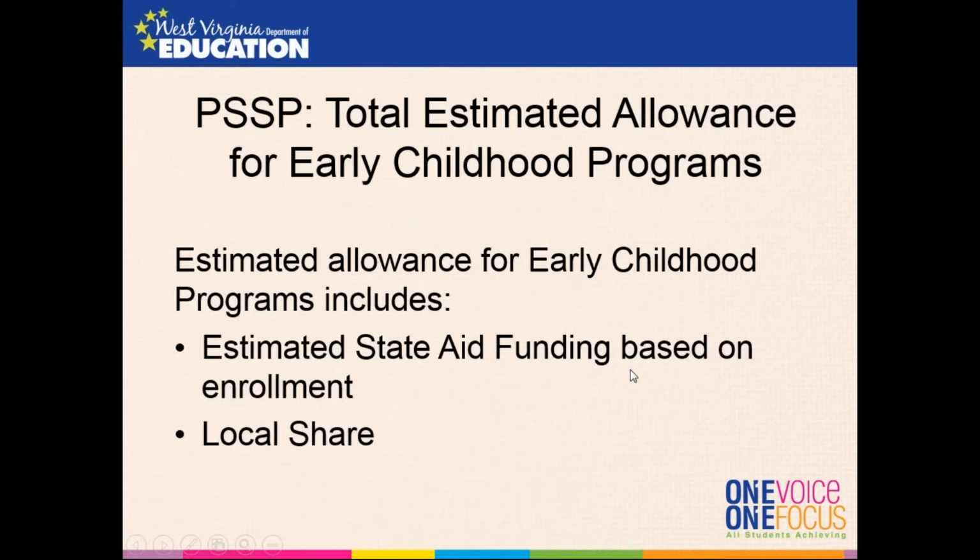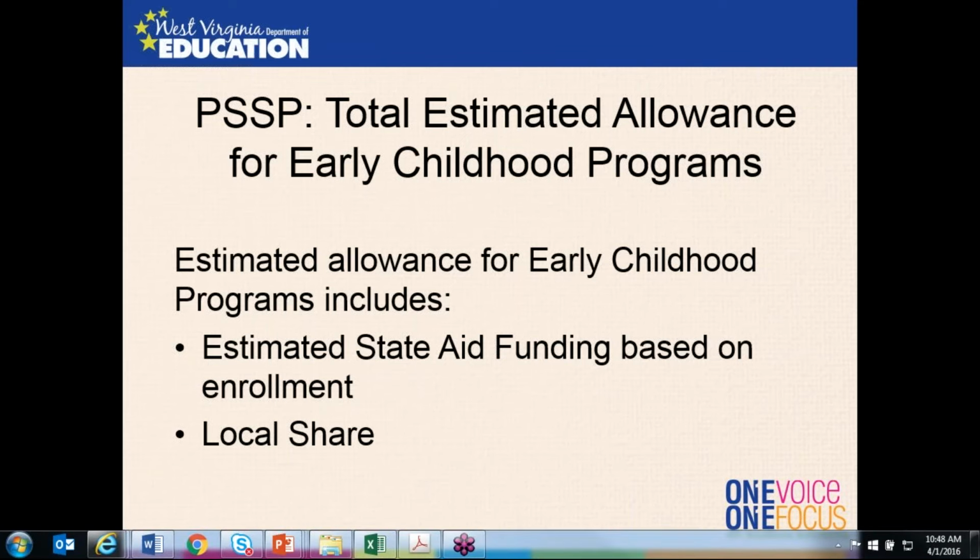All right, so let's go to the next section. There have been lots of questions about the public school support program, total estimated allowance for early childhood programs. This is the document that shows the per child amount that was distributed through the listserv a few weeks ago. This is a document that is provided by the Office of School Finance that shows state aid funding, estimated state aid funding based on the October 1st head count or the second month head count, and it does include